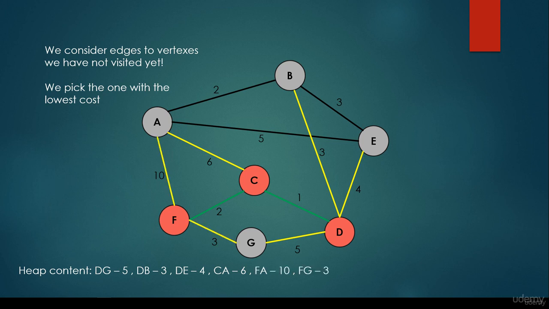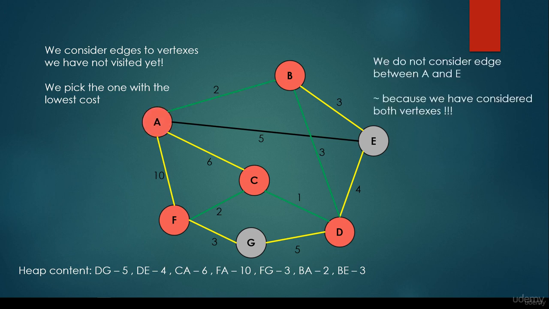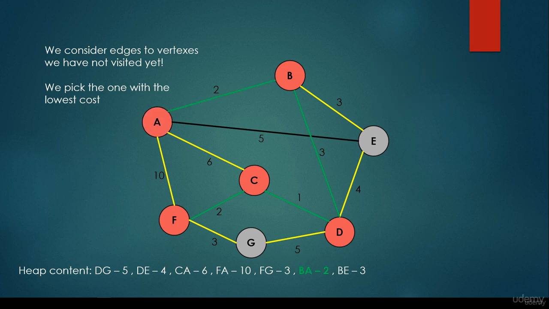Then we visit all the neighbors of F, so the FA edge and the FG edge have been inserted to the heap, and we select the edge with the minimum cost again, which is DB, the edge pointing from D to B. Then we visit all of its neighbors and insert the BA and BE edges to the heap. We select the minimum one, which is the BA with edge weight 2.